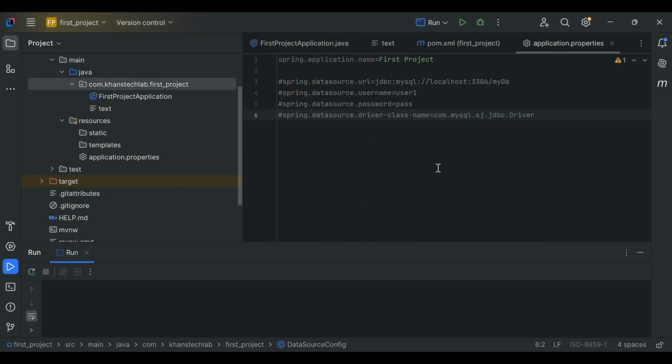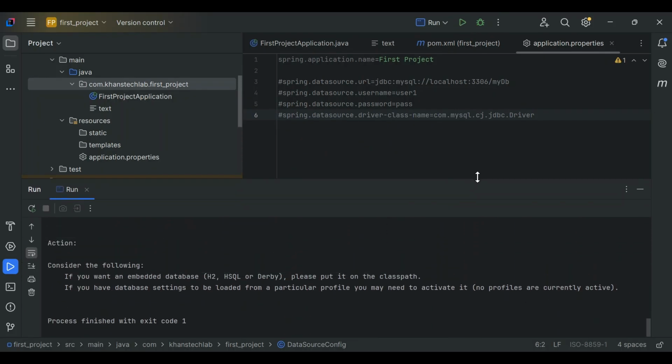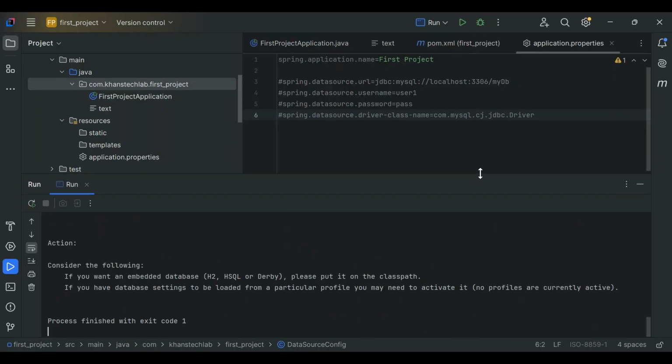And now, as you know, it will not run, because we have neither application.properties, nor application.yml, nor the data source config. So we don't want to connect with the database, and we are not ready yet with the database. Then there is one more way, which is excluding the data source auto configuration, which can be